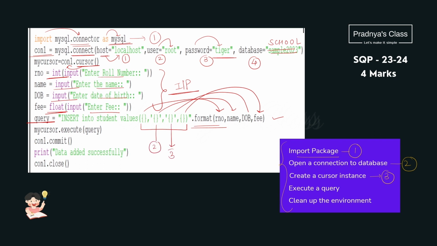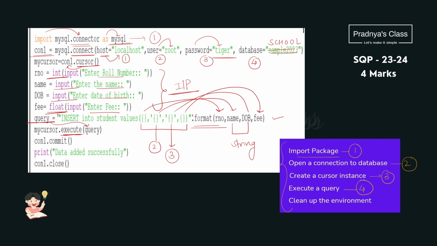Even the third placeholder is enclosed in a single quote because these two variables are of string data type. Make sure to enclose the string in triple quotes. What's the next step? We need to execute a query. For that we will be using the execute function and providing the query variable as a parameter.